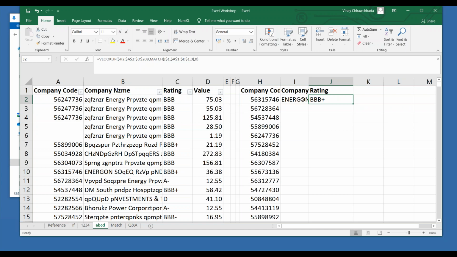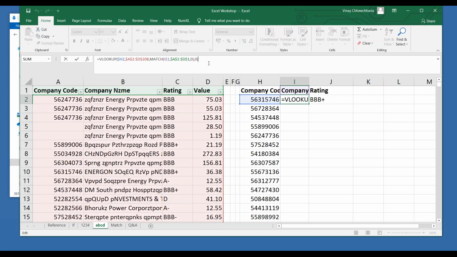Now you can always tell me it was very easy to just write 2 and 3. Yes, I also do that. But because you want your database to look decent, and you don't want to change the header rows of something, you try to incorporate all those changes in the formula.